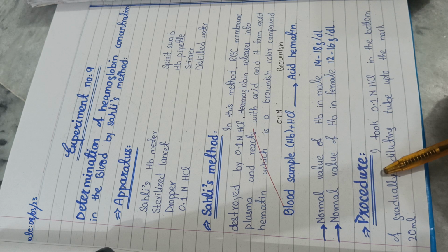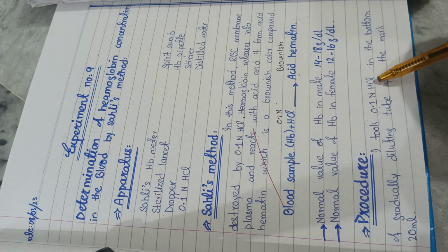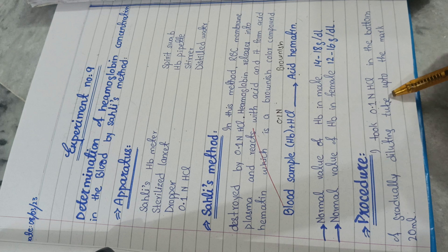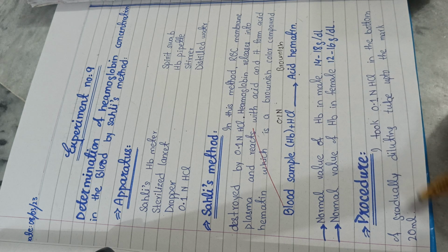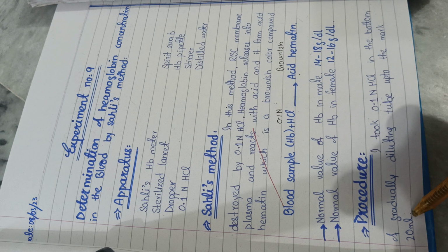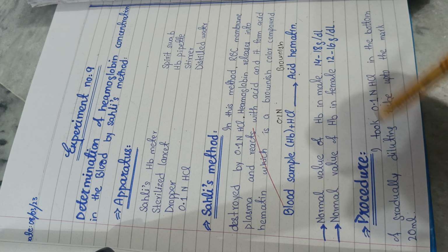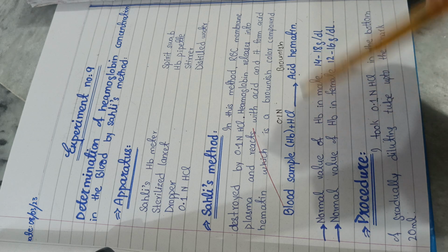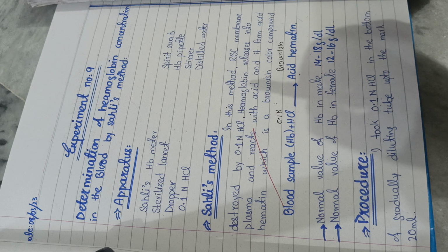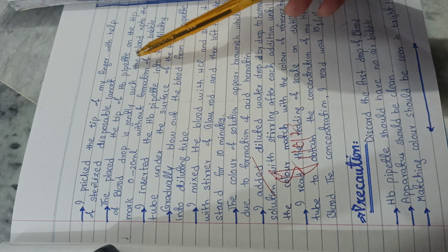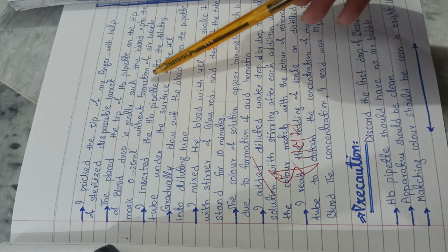In the procedure of this experiment, you will take 0.1 normal HCl solution in the bottom of the diluting tube, and then it is gradually diluted up to the mark of 20 ml. The diluting tube is very similar to a test tube, just with 20 ml grading, and you have to dilute your blood sample up to the mark, and after that you will perform this experiment. Now you have to prick your finger with the help of a sterilized lancet, and after that you have to place the tip of your